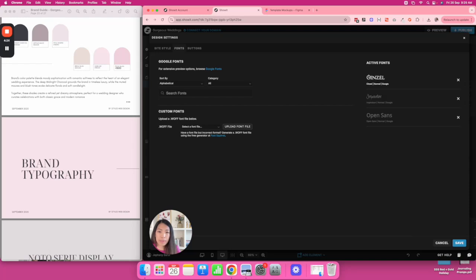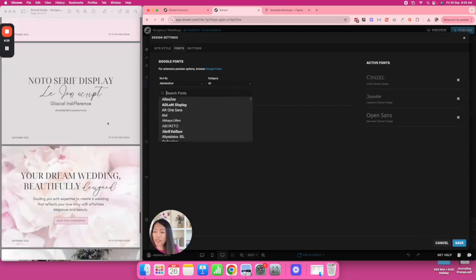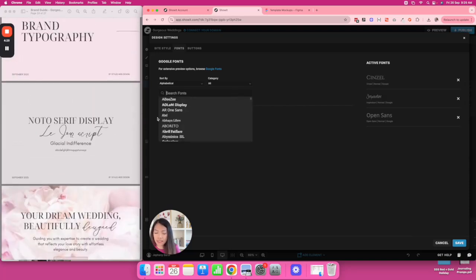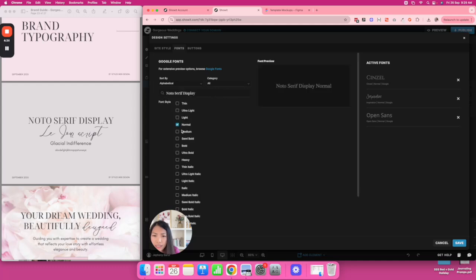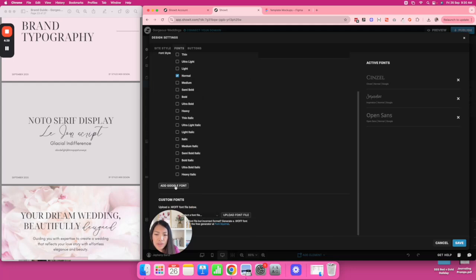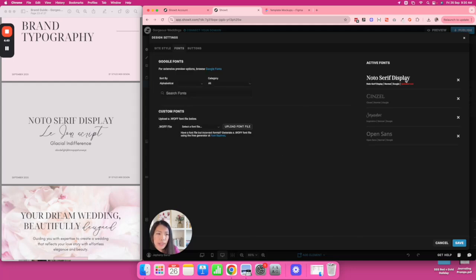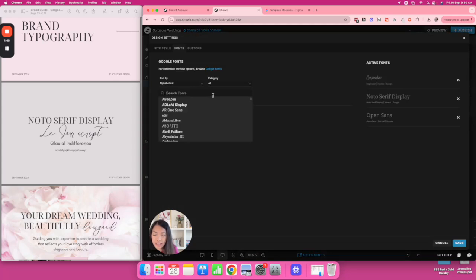The fonts that I use for the client are these. Noto Serif. I think Noto Serif Display is a free font, and I'm just going to do add Google font, which then goes in there. I'm going to remove the Cinzel and then save. We're going to go back again and see. I think the Glacial